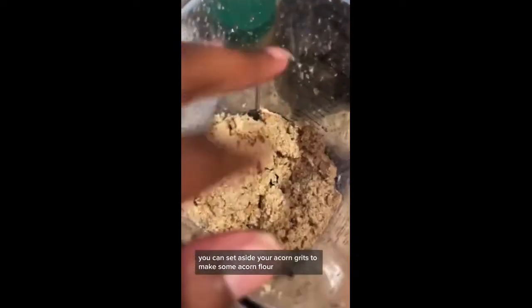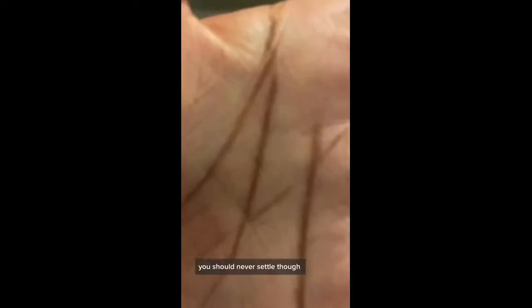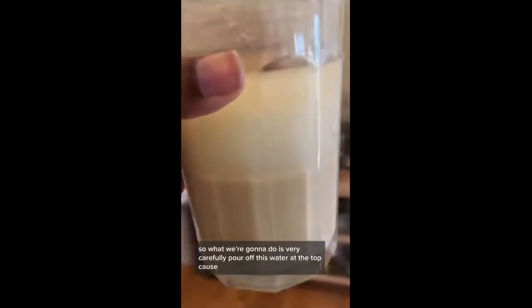Time to strain our acorn milk. You can set aside your acorn grits to make some acorn flour, but what we need for our bacon, weirdly, is the milk. Time has passed. All this stuff down here at the bottom? Yeah, that's acorn starch. Starch is gonna be a little bitter to start, so what we're gonna do is very